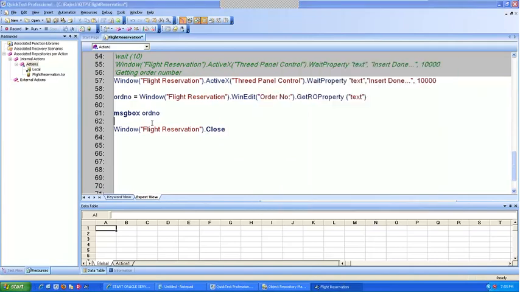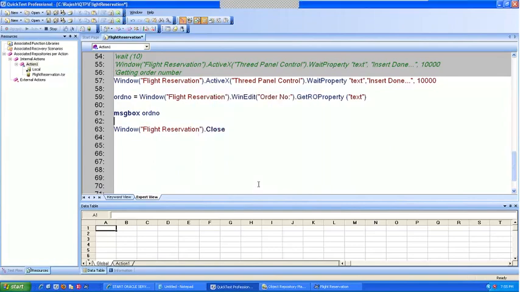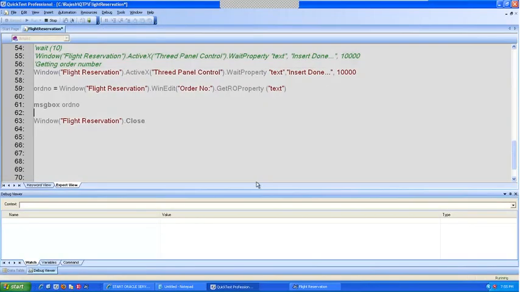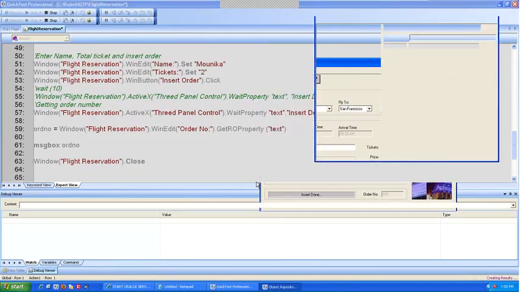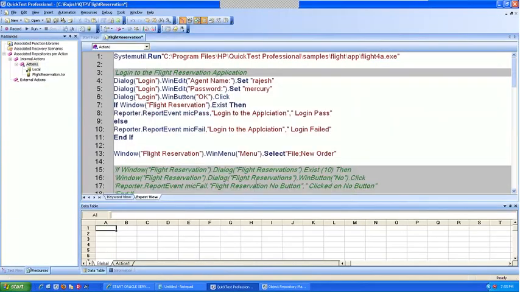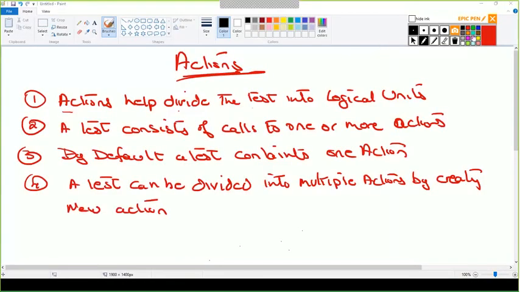Let me just execute this and show you. Automatically, it will close the flight reservation window. You see, the flight reservation window is closed. So I can divide this script into 3 logical units, right?